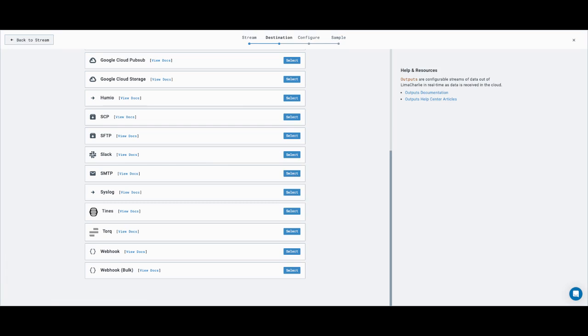And what that does is it gives you a chance to get an idea of what you might want to do with some of this data. We've got some common patterns set up, some things that we've seen customers do before. We talk about how to configure with a different application like Splunk, for example. Sending data from LimaCharlie into Splunk is a way to cut down on Splunk costs and Splunk retention, but it